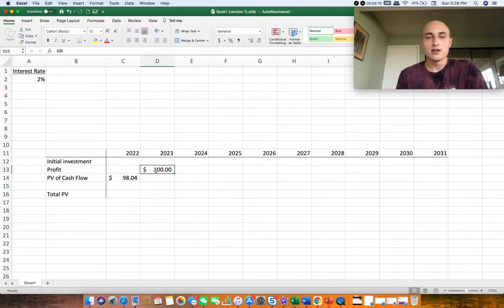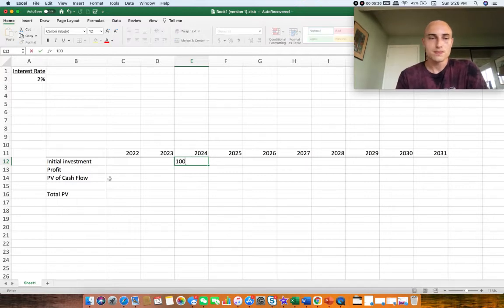And then, we can use another example, right? So let's erase these formulas. What would that same $100 be worth if we received it in 2024, right? If we received it in 2024, the way we would set up this formula to find out how much it's worth in 2022 would be by setting this cell equal to that $100 received in 2024 divided by